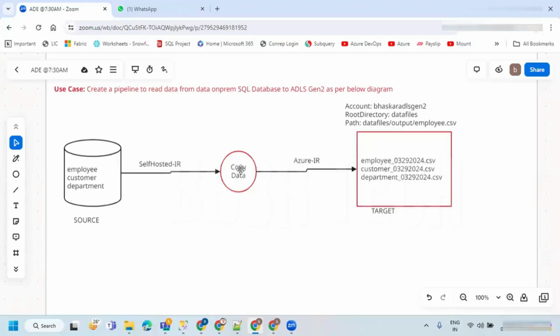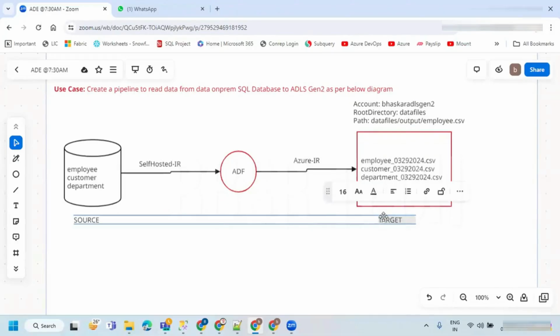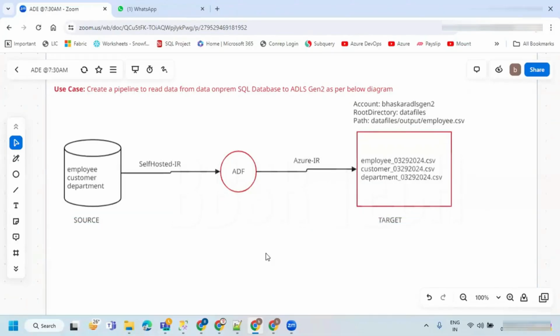In order to do this, multiple activities are required. By using ADF, I need to bring the data from here to here. First of all, you should know how many tables there are in the data source.